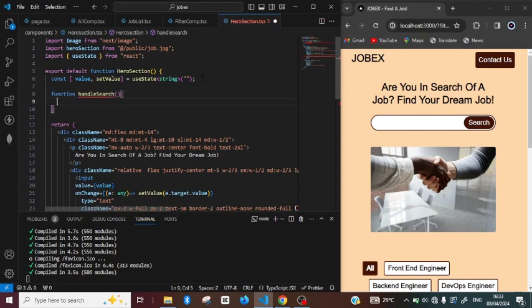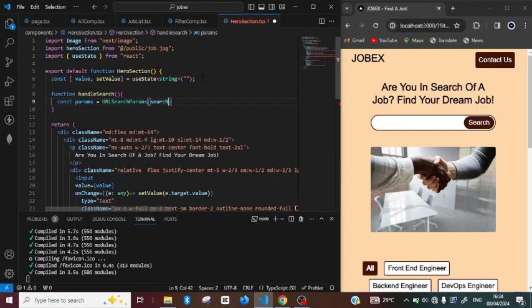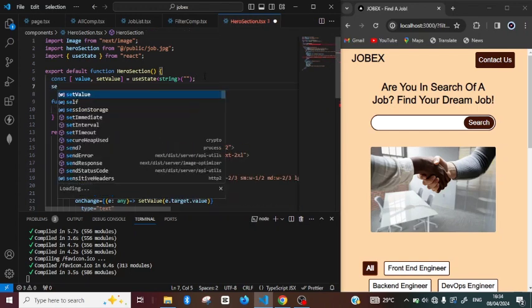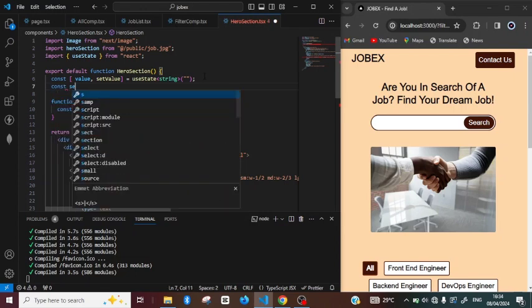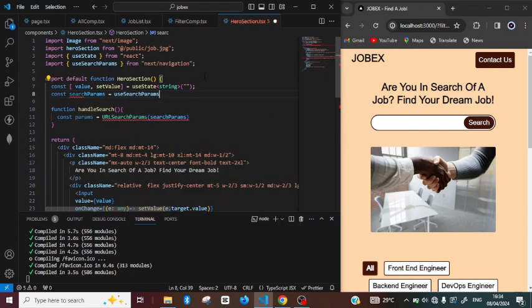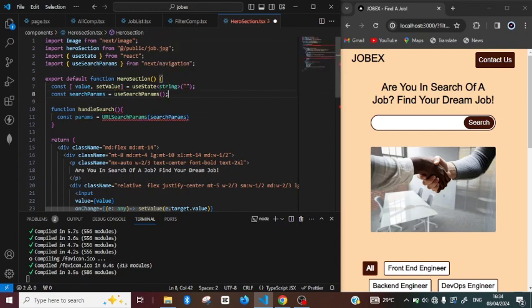Okay, now just like the way we created the other one, we are going to say const params and store the URLSearchParams. Now we're going to take in the search params that we're going to be bringing from useSearchParams, next/navigation. So searchParams equals useSearchParams, that is from next/navigation, and then